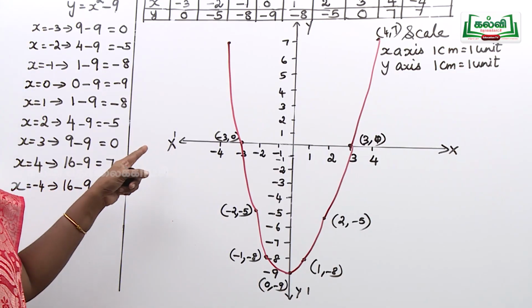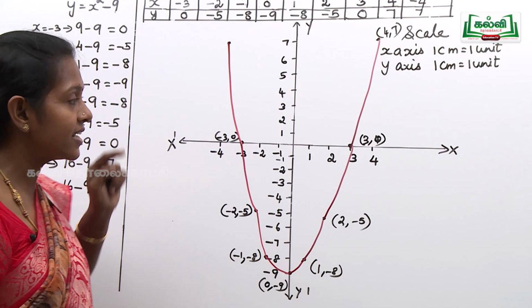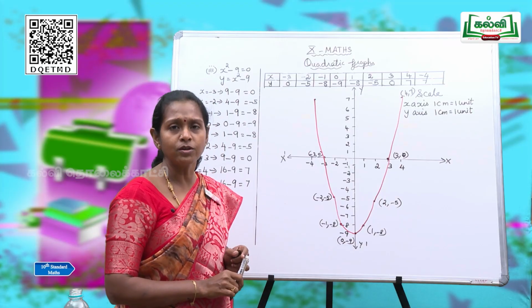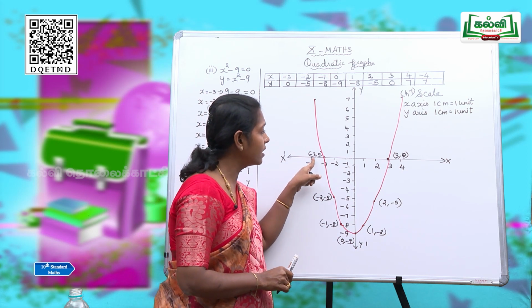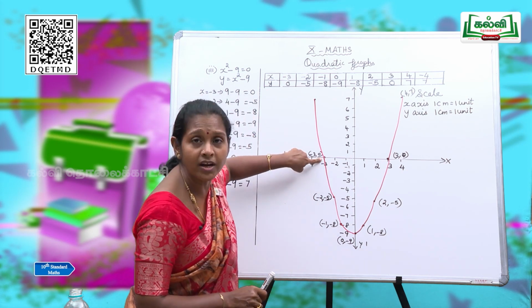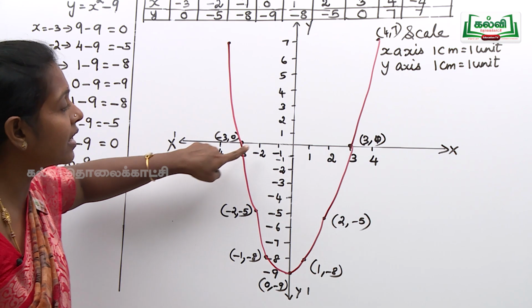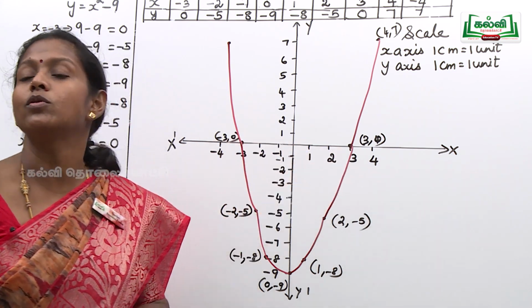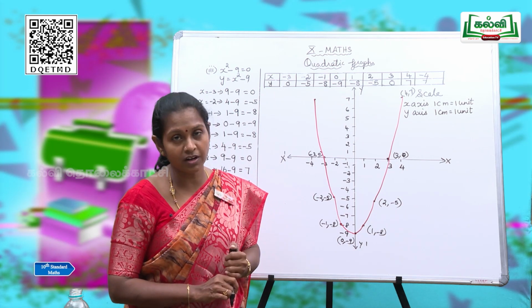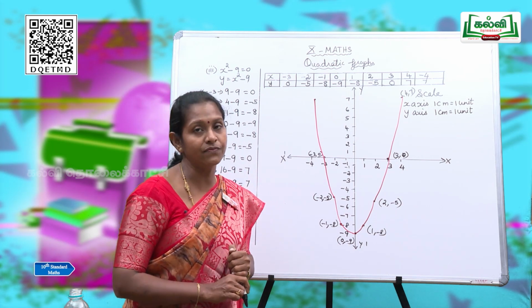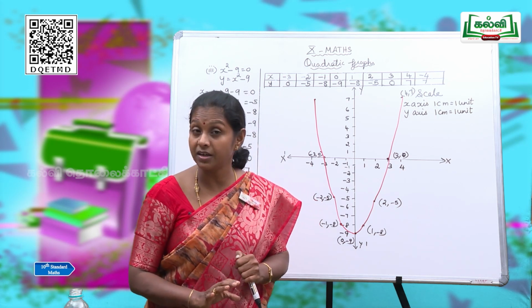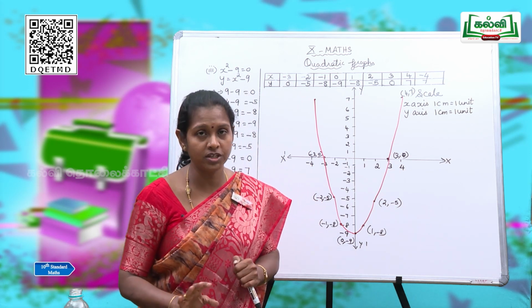Now see this graph. The parabolic curve touches the x-axis, but at 2 points. Can you say that minus 3, where it touches? Where it is intersecting? At minus 3 and plus 3. Are the minus 3 value and plus 3 value the same, children? No, definitely not. You know very well about the difference, right? So you can say they are real roots, but is it equal? No, it is not equal.